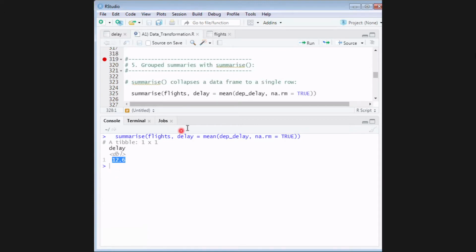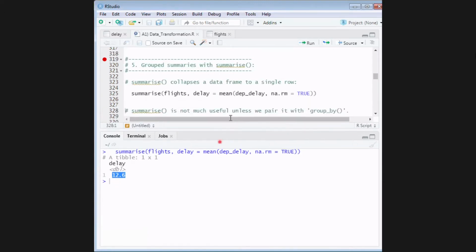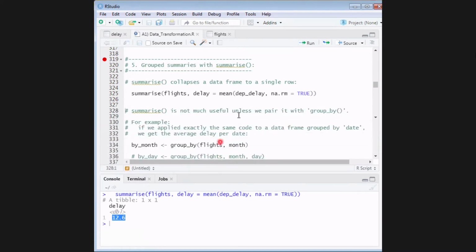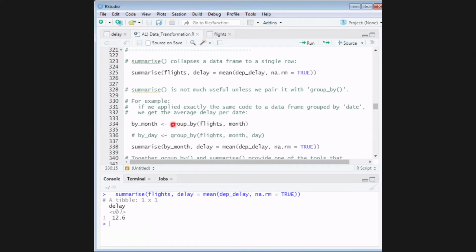The summarize function will work more efficiently when you use it with what? With the group by function. See here what I am doing first. The summarize function is very useful when we use it along with the group by function.